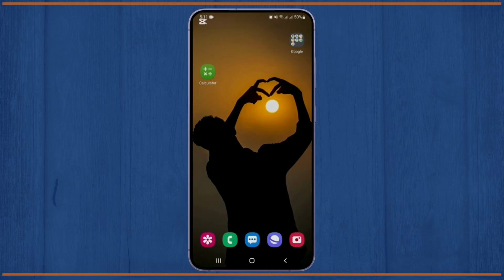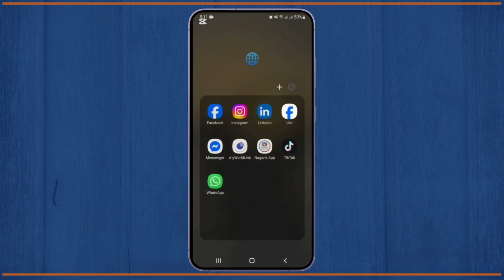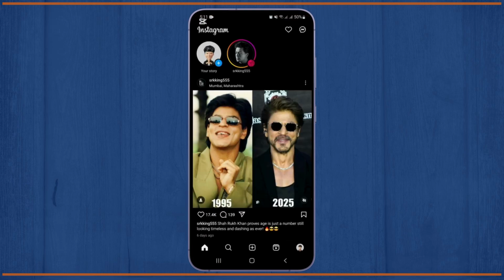Today I will guide you on how you can add music to your Instagram profile. So let's get started. In this process, firstly you will have to open your Instagram account. So simply open the Instagram app, and after you open the Instagram app with your logged in account, you will